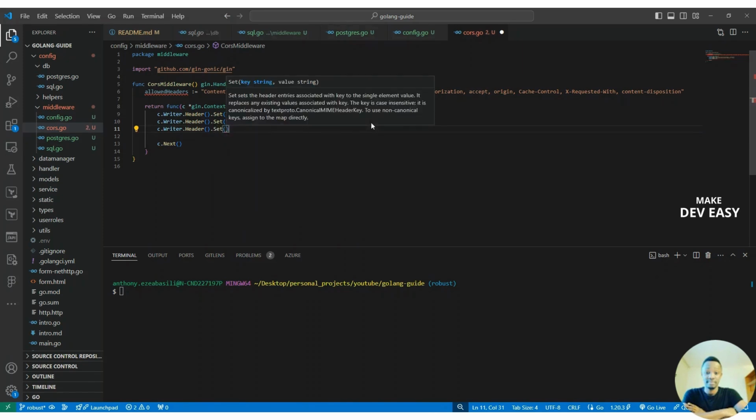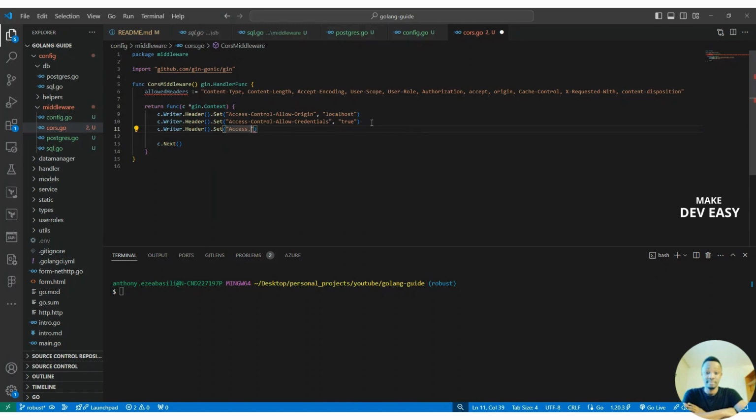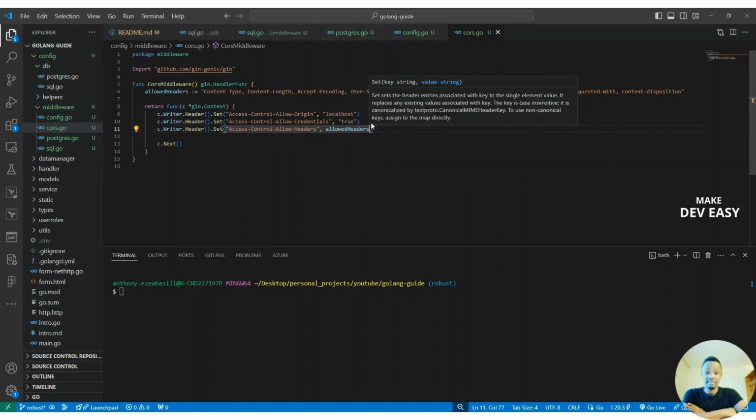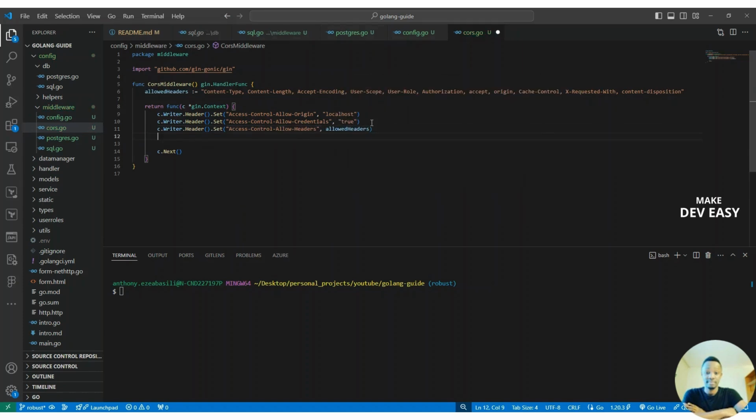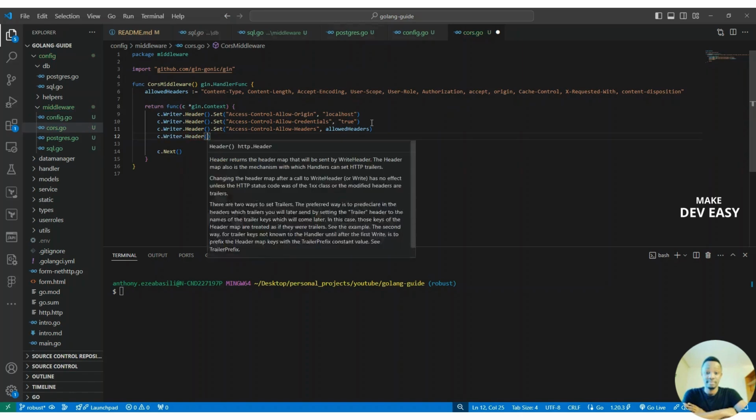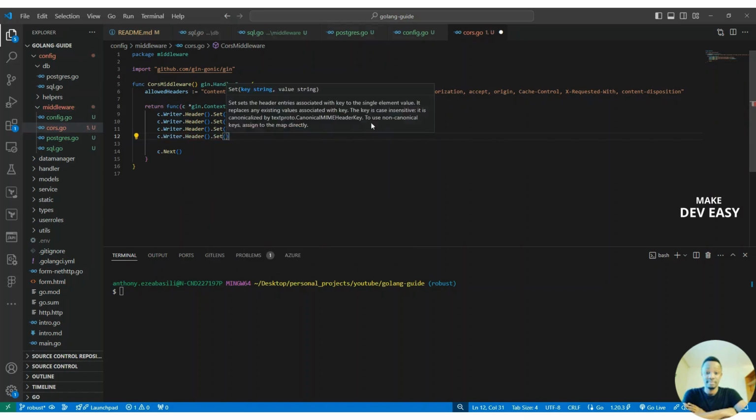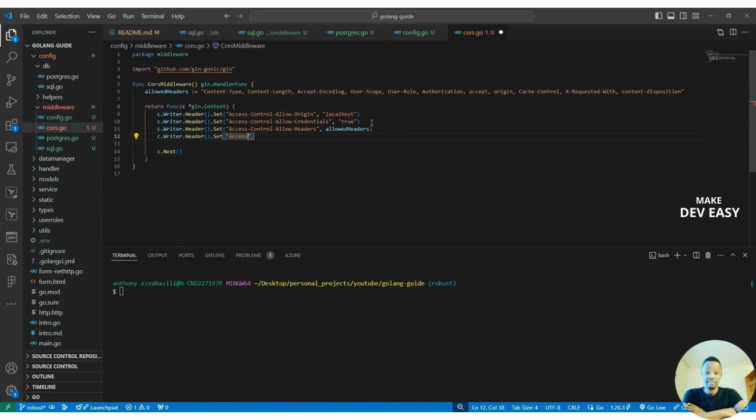And I would like to set these headers. So Access-Control-Allow-Headers, and now I will set my allowed headers. And what else? Maybe allowed methods, and that should already be fine. Header.Set, and Access-Control-Allow-